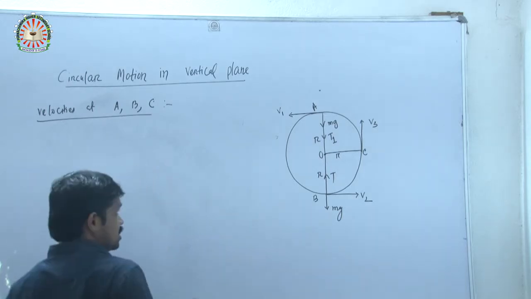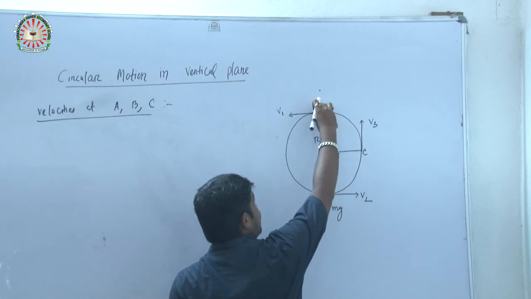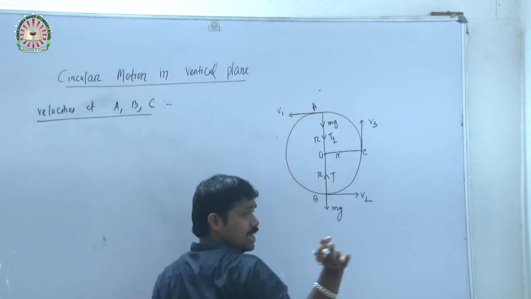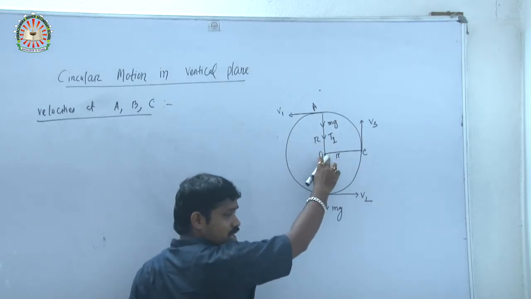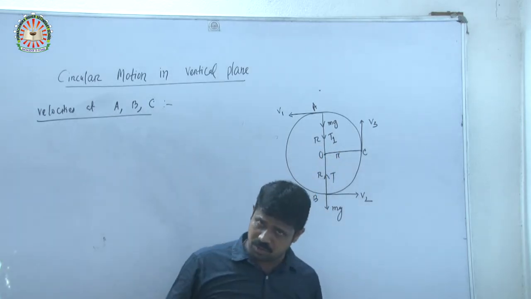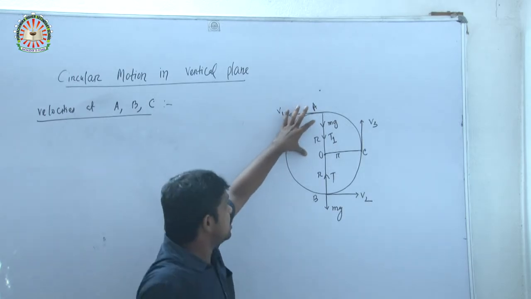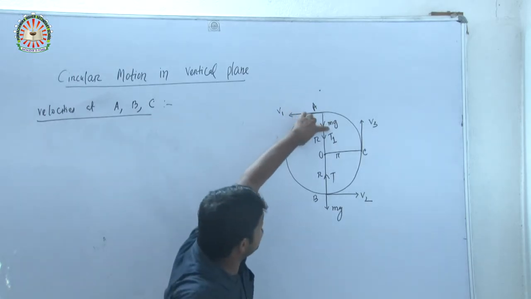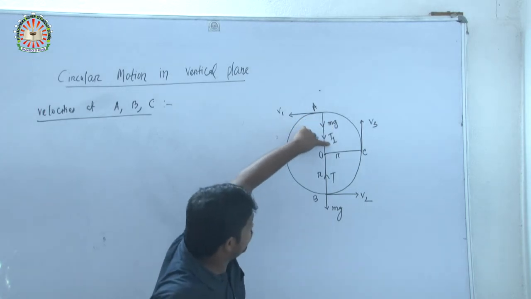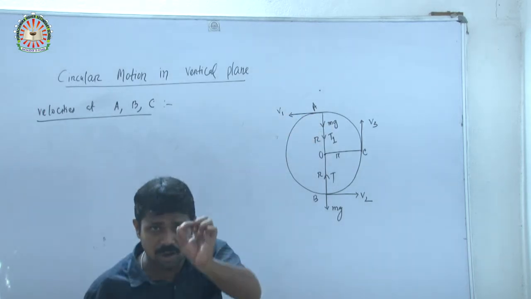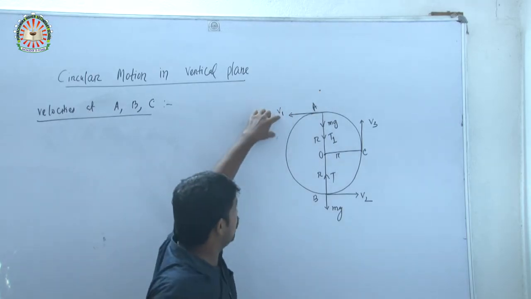Okay, so now look at here, at this point, to maintain this object, a force is applied. As I have already told you, a force is always applied toward the center. That force is nothing but your centripetal force. Clear? And this centripetal force, listen very carefully, is provided partially by the weight of the object mg and partially by the tension in the string. Again I will repeat, to maintain the object at this point A,